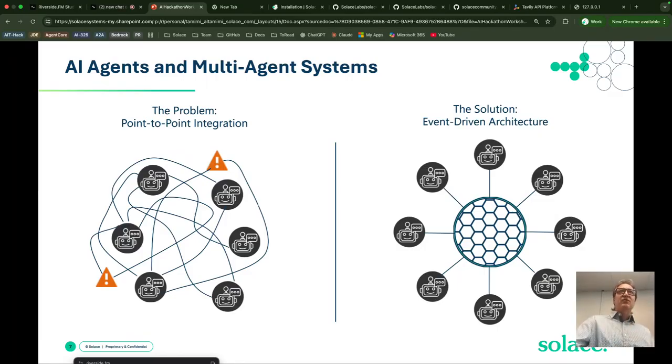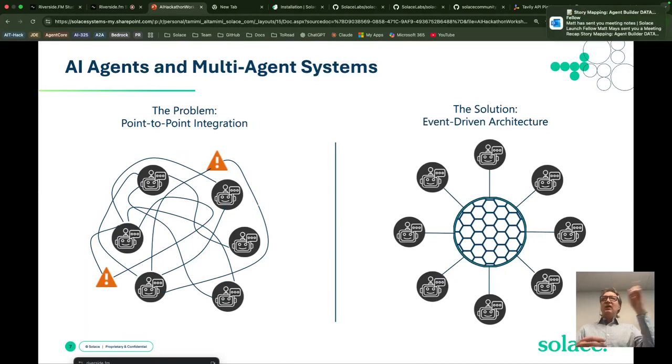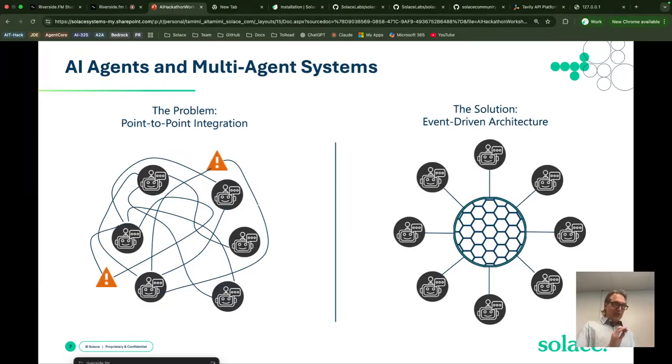So it publishes a message. It says, hey, I'm here. I'm a web search agent. Here are my capabilities. Here's how you use me. And then all the other agents listening on that topic will get that information and can add that to their arsenal. So if they get a task that involves web search, they can just hand it off to that agent. They can delegate and have it do its thing. That's up to the orchestrator to figure out, and I'll get into that in a second.